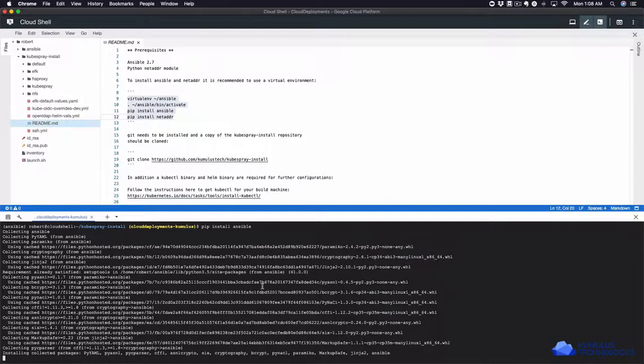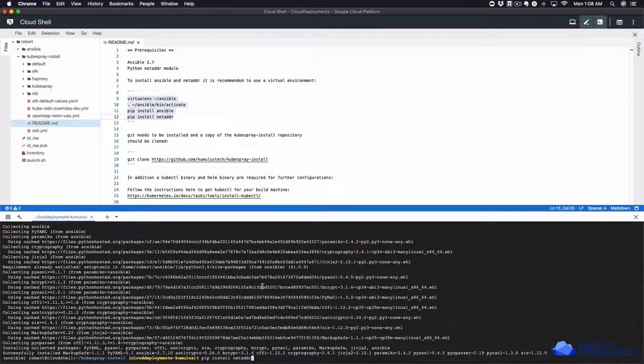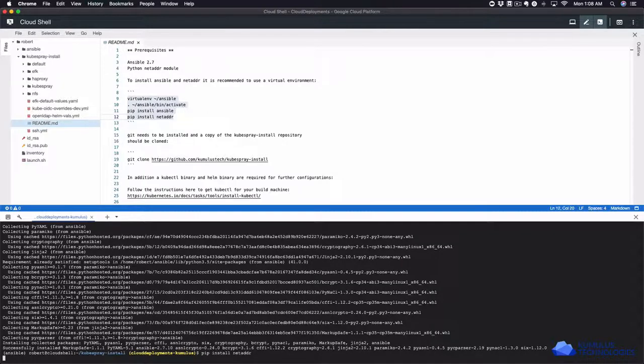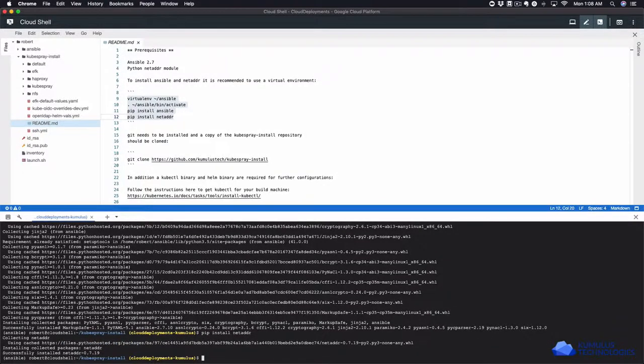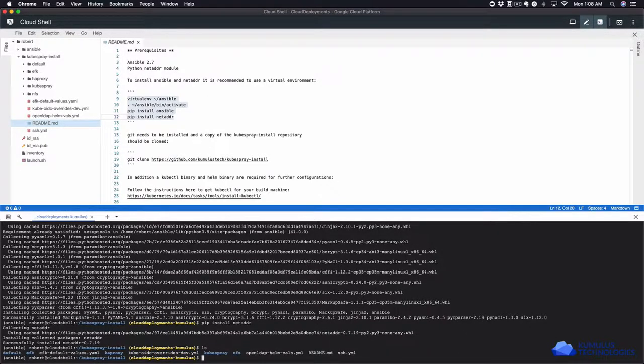I tend to put tools in virtual environments. In this particular case, since we're already running within a container, that's what this little cloud shell is, it's not really realistic to try to run a container inside of a container. There are ways of doing that, but not here. So in this case, a virtual environment is like a container for us for our Python code. It just keeps things a little bit simpler. And we also need the NetAdder code. That gets used for making sure that we're configuring the right IP addresses for some of the services that we're manipulating. Okay, with those two pieces installed,